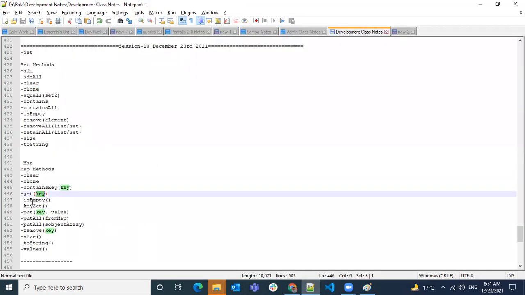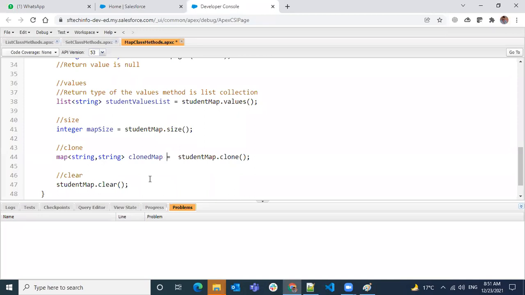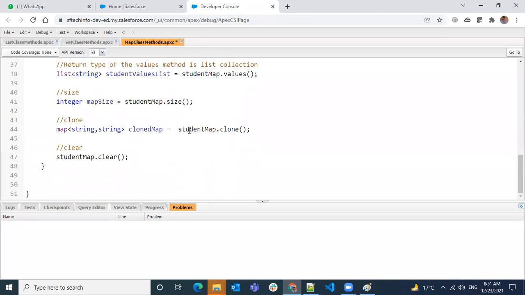And then we have isEmpty. IsEmpty is used to check whether a given map is empty or not. If size is 0, that means isEmpty is true. So the return type of it will be a Boolean data type. A Boolean, I'm giving some name, and student dot isEmpty.